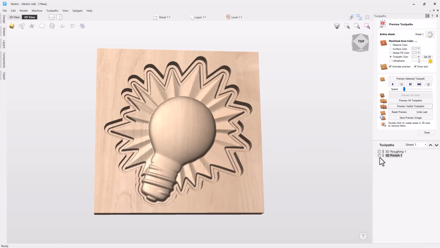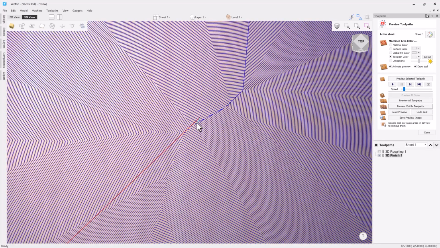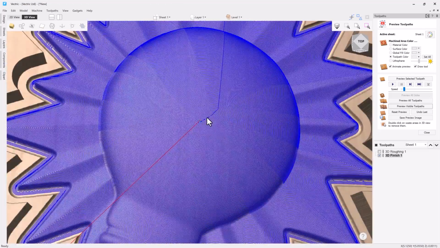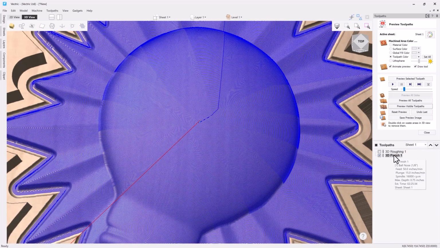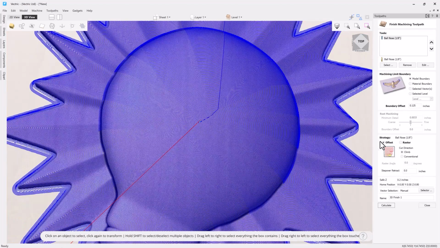Now let's have a quick look at that toolpath for a minute. If we zoom in, you'll see that the tool will actually do one loop and then move out and do the next loop and then move out and do the next loop. You may notice there'll be a slight witness mark left behind. If you see that, then we can go and take advantage of that Stepover Retract. If we undo that last toolpath and we take a look at our 3D finishing toolpath again, let's add in a slight Stepover Retract to be